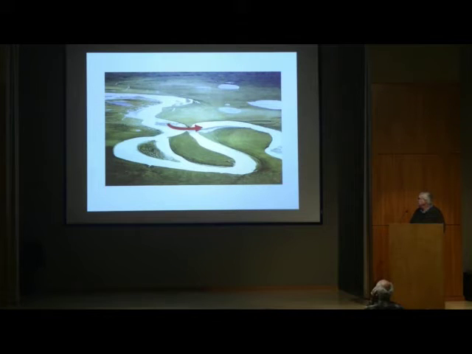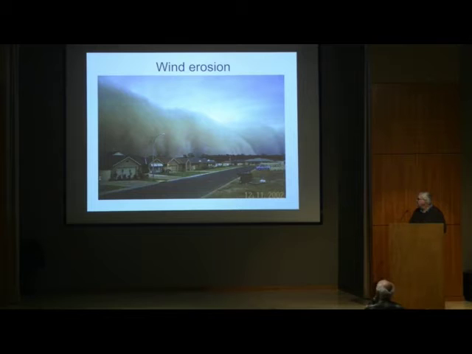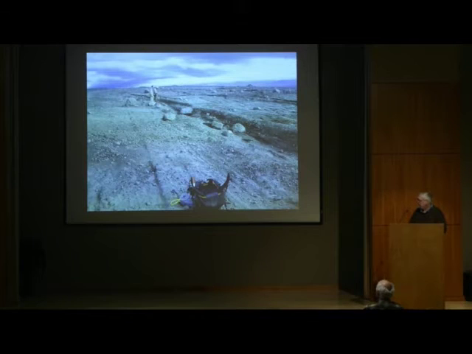And here's a case where it's breaking into the lower portion of the channel. And so we'll be left here eventually with a portion of the stream that's no longer connected to the main flow, and you have what's referred to as an oxbow lake. So if you're from Mississippi or Louisiana, you're very familiar with those kinds of features on the landscape of these old age rivers. Wind erosion is common, erosion along the coast as well. And then we ended last time looking at the effects of glaciers, these striations